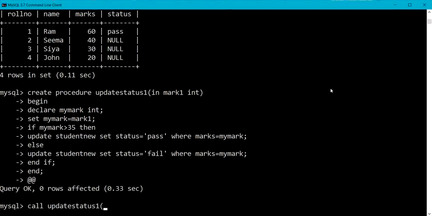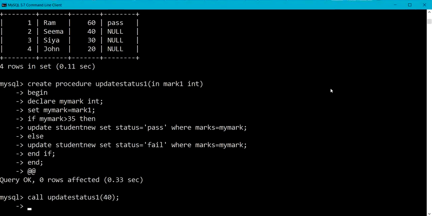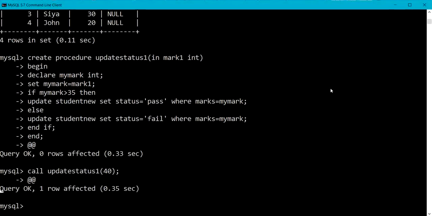So I am passing the marks value as 40. Terminate it. Here I have not changed delimiter, so I will have to use the same delimiter that I am using for procedure. Okay, so the procedure is executed and I have passed 40 marks as input parameter.